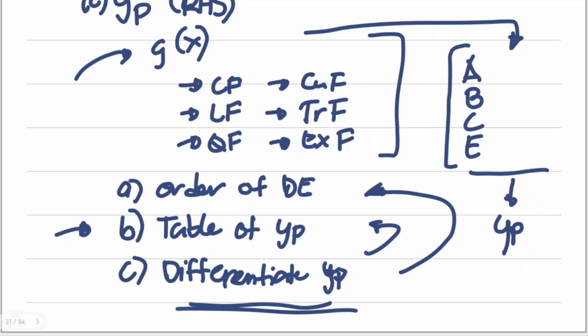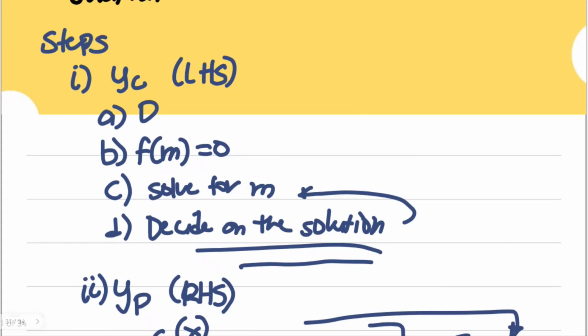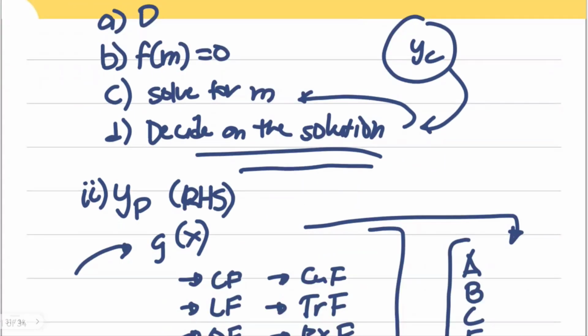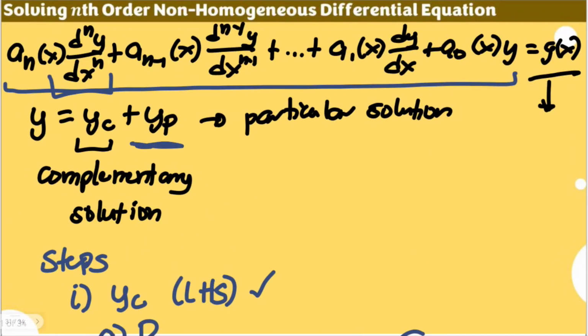After that, we can solve for our yp and connect it to our y sub c, which corresponds to the similar solution for the homogeneous differential equation, but focusing only on the left hand side. The right hand side is what differs here because we will have y sub p to be added to that solution. In short, what we did in the homogeneous case is all about the complementary solution. For non-homogeneous, we have a particular solution depending on our g of x.